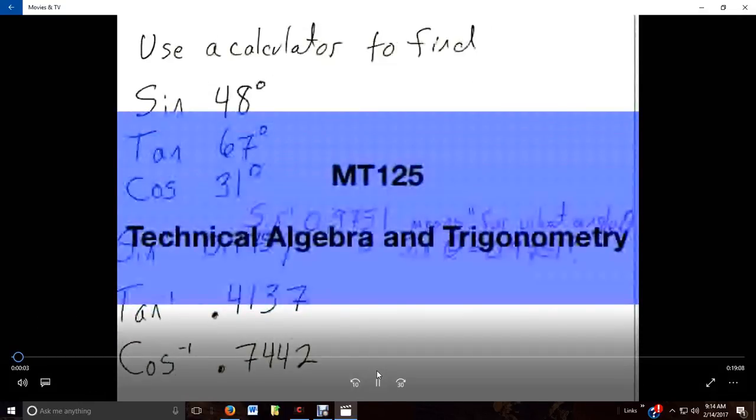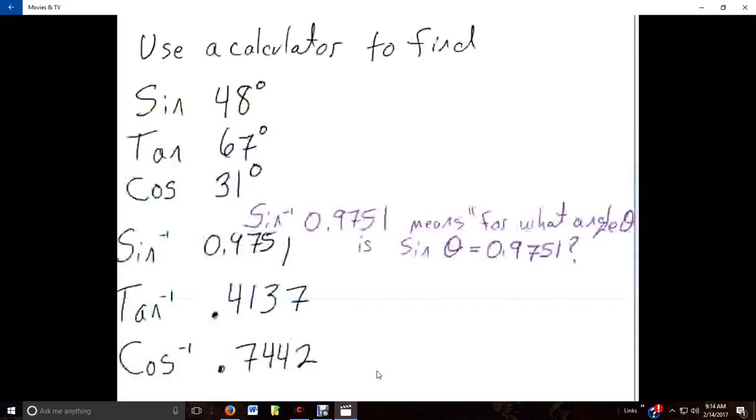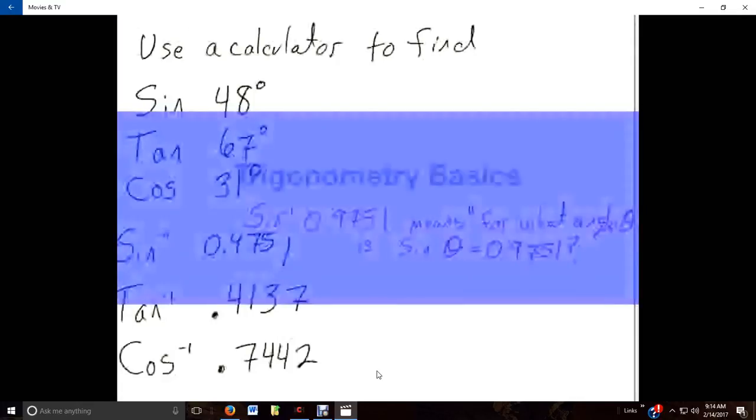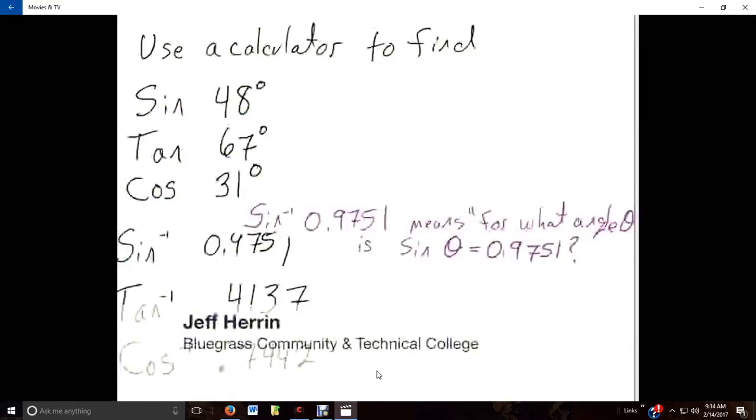All right, as we wrap up the first half of the semester, we're going to work on some trigonometry, looking specifically at some of the basics. In the last session, we went over the definitions for the trig functions, and you can look those over if you need to. Today, we're going to look at actually evaluating some of these